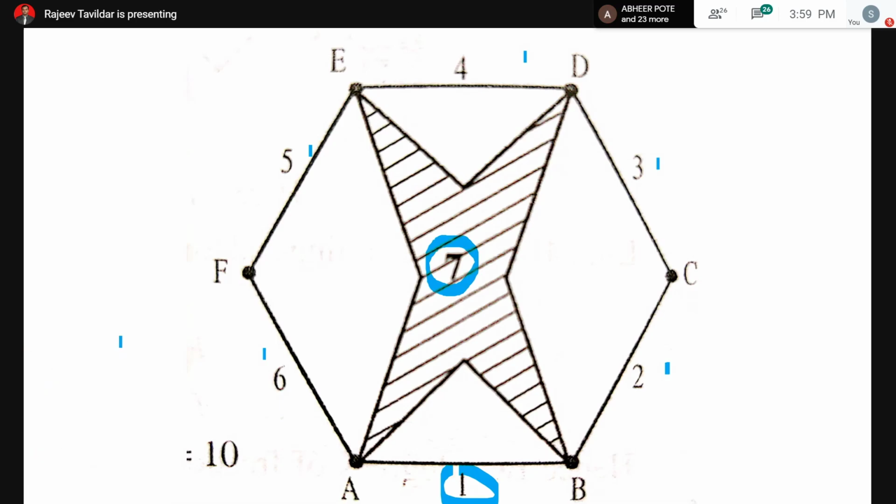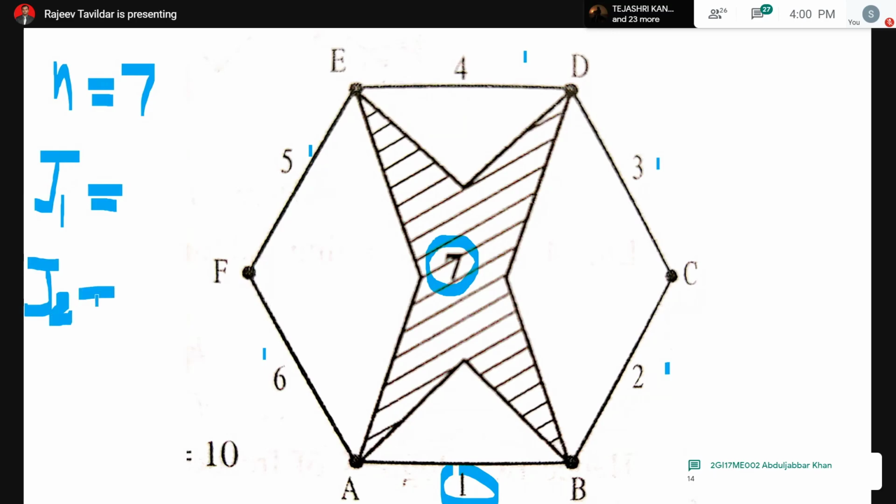Okay. So we have number of links as 7, n equal to 7. What about J1? By default, if there is no circular disk or rolling object, then J2 will be 0. So you need not worry about that. I'll give a shortcut hint. Straight away you can write J2 is equal to 0 as long as there are no rolling objects.